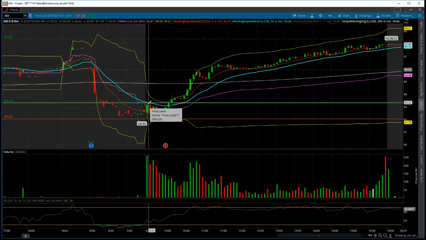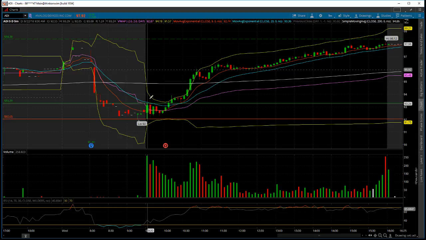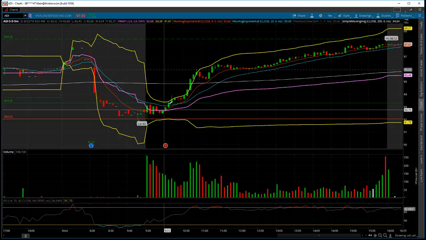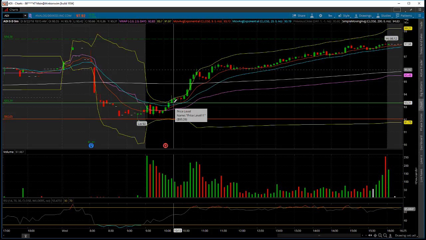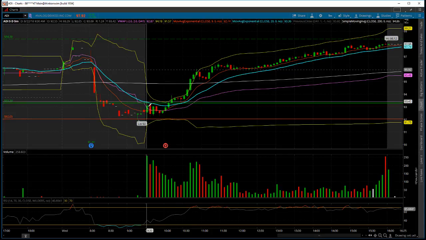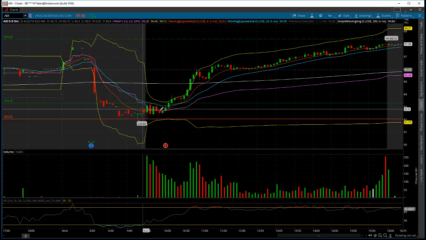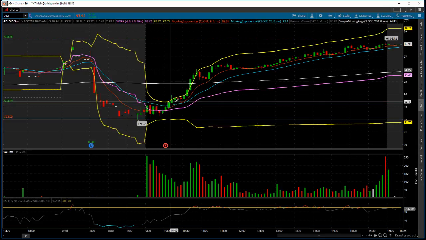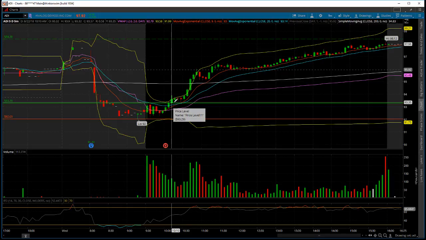All right, so in this case, this thing really didn't break out until after 10 o'clock. So we had this sideways action. If we're using the opening range high to base our trade off of,